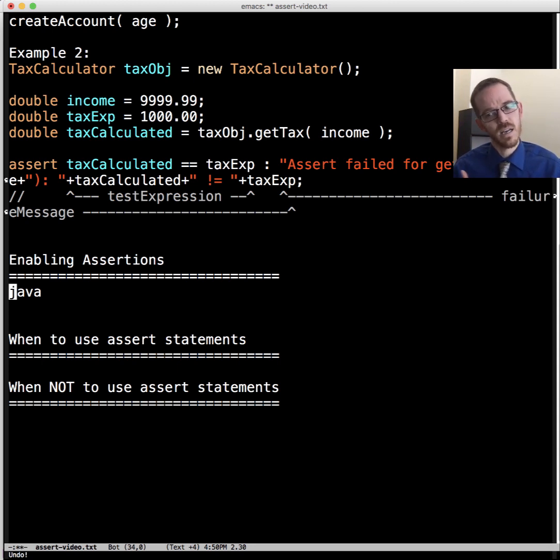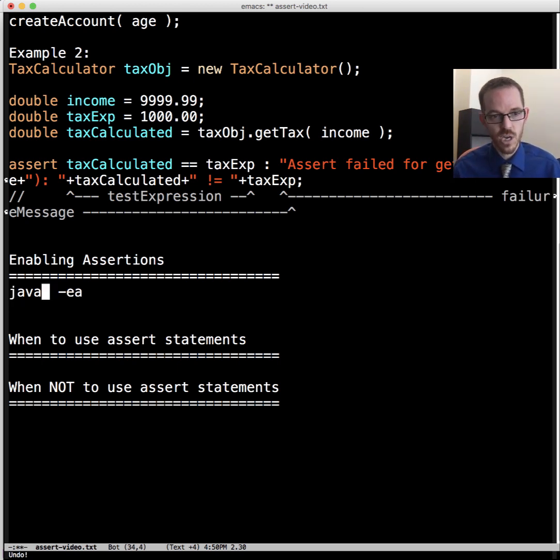Additionally, assertion statements weren't introduced until JDK version 1.4, and so in earlier code you could legally have variables that were named assert and other things like that. So we need to tell the JVM, the Java virtual machine, to enable assert statements when we're running the bytecode. So we do it when we're running Java and not when we're compiling. Not compiling, but when we're interpreting.